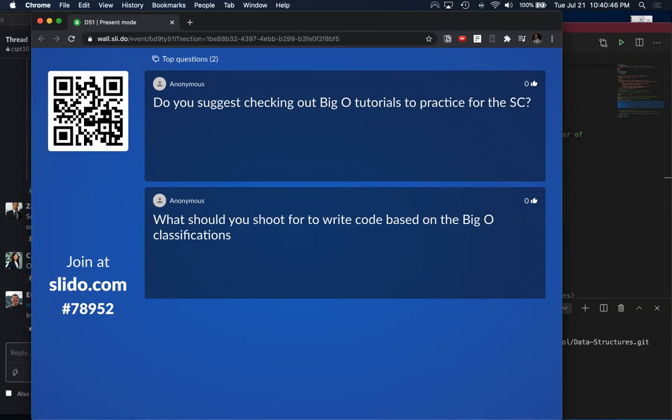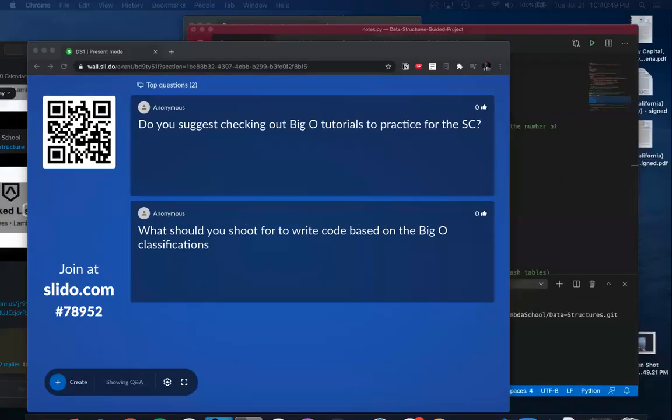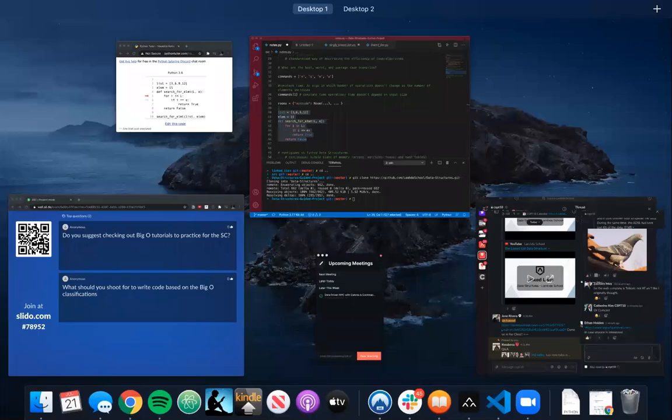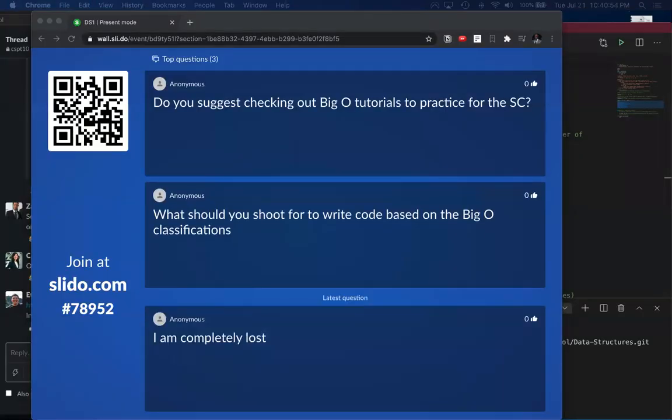I did take a quick look at it. Definitely seems challenging. We'll dive a little bit deeper into some of those concepts that you're going to see in the sprint challenge a little bit later. But right now, I kind of want to lay the foundation here. Yes, you are going to be judged based off of how efficient your program is, and the way you do that. This isn't necessarily Big O